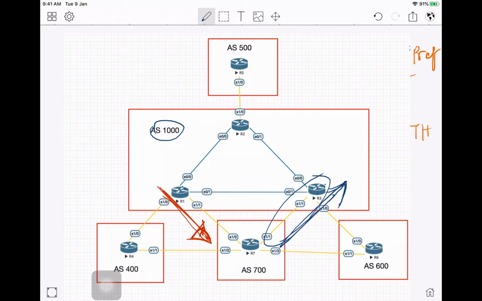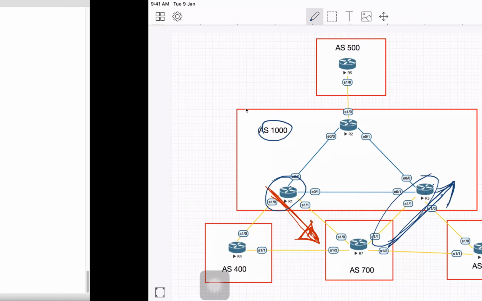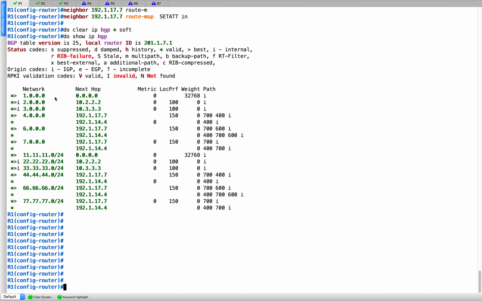So what I do is we go to the non-preferred router and we do the configuration. We don't do it on the preferred router, like I said earlier. We go and do it on the non-preferred router, which is my R1, right? So that's what we're going to do. So we go to my R1. Let's go to my R1,